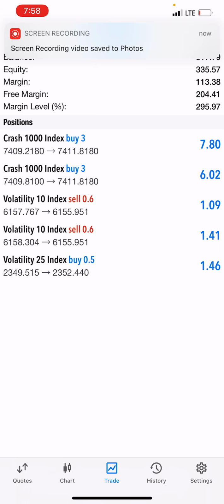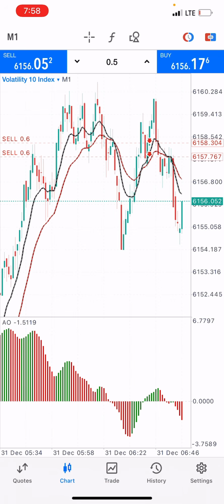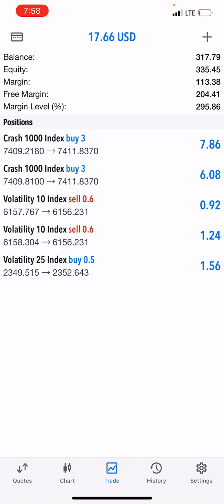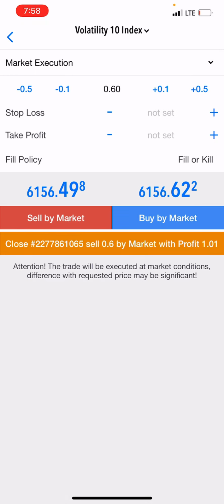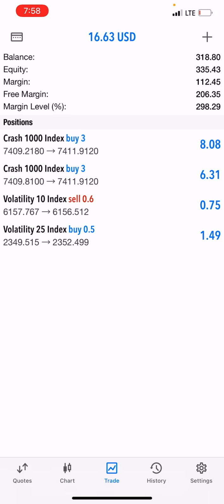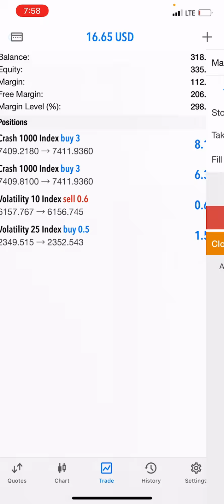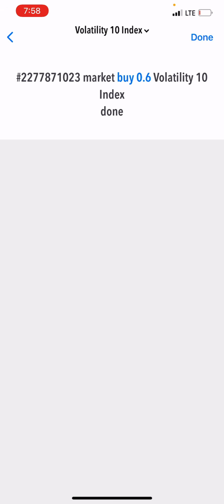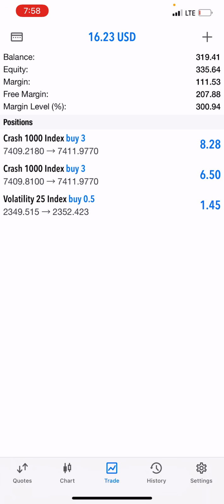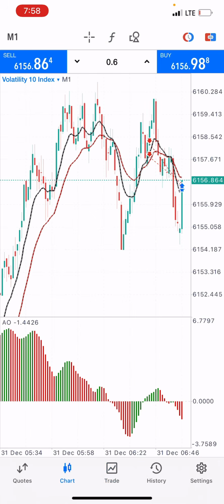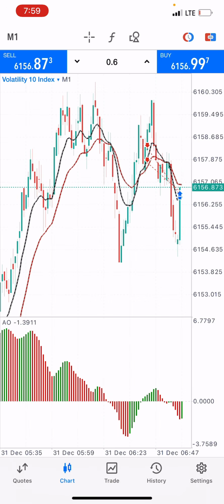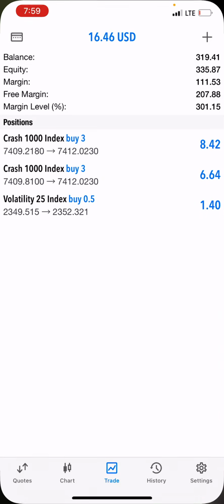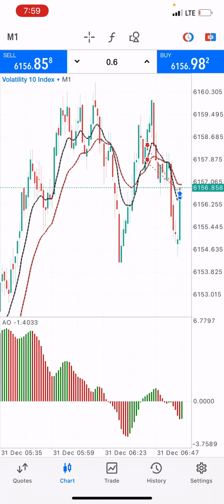This is Forex Success. I wanna trade. I wanna close my positions on volatility 10 index right now. So, guys, I'm closing my position on volatility 10 index. Okay, I'm done closing the position on volatility 10 index. Look, because it's about to return. So I placed a sell using the volatility index powerful strategy, and look, it made money for me.